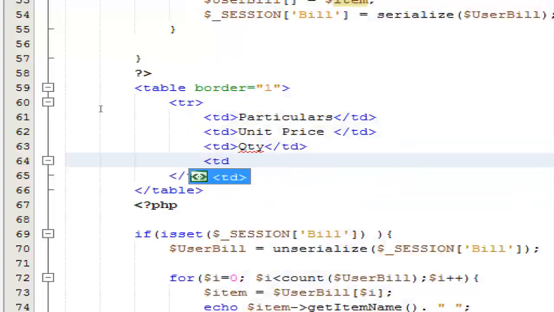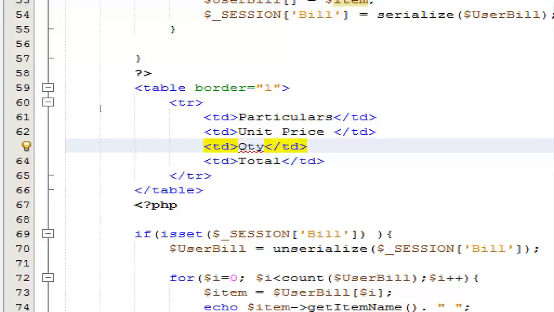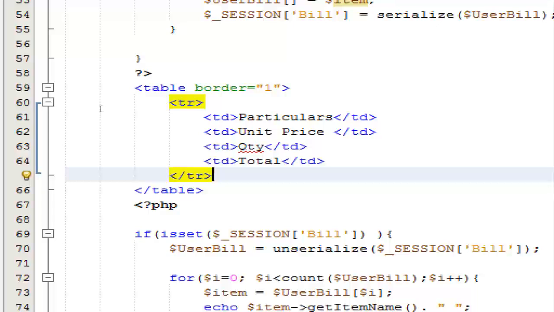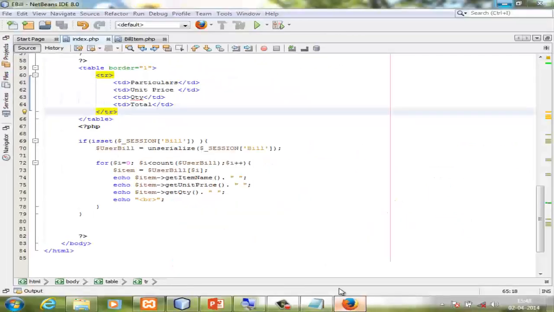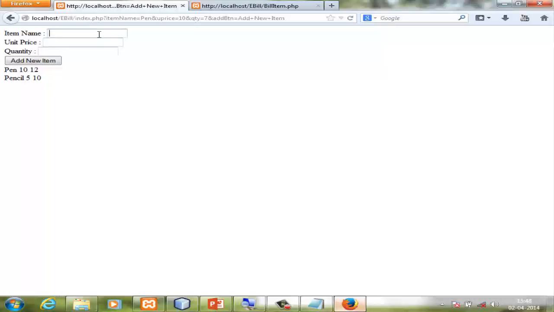One more TD, total. So I make it as small quantity. You can type it full. That's one row. Now, if you just save it, and if you go back here and then try to add one more item,